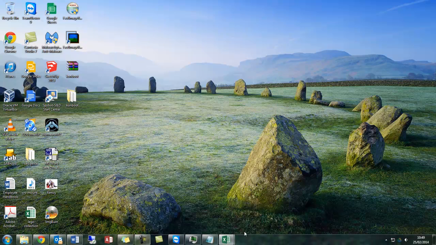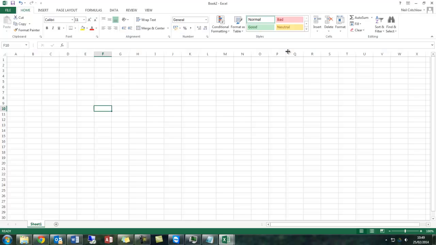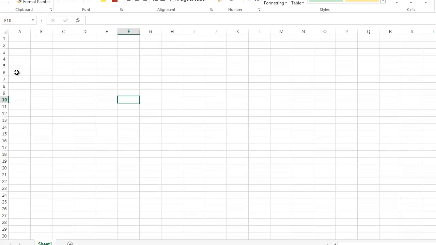So we're going to start with a new blank Excel document. We are going to use the first four columns, which are A, B, C and D. That is going to be for the dates that the mileage claim is being done, the mileage and the reason for the journey,